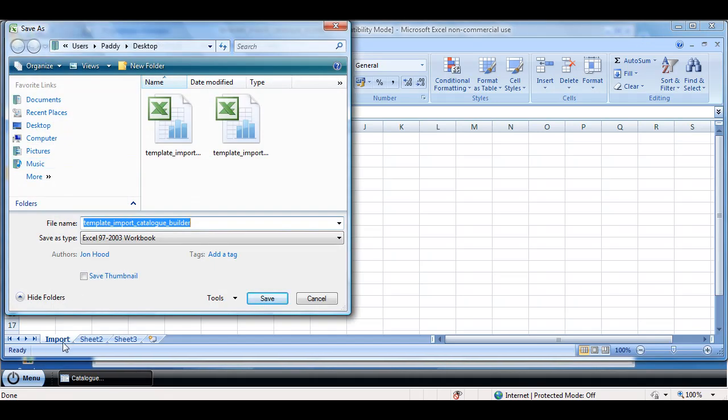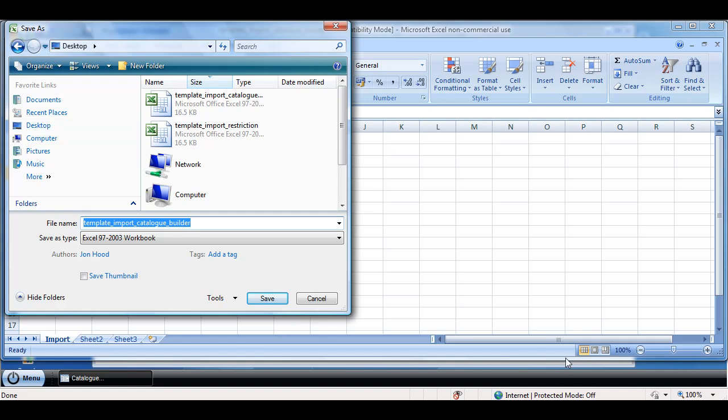Very important to make sure that the tab, the sheet name, is called import. That's one of the biggest reasons people get problems when they upload stuff to the software. You should always use the downloadable templates that we provide wherever possible, because they're formatted properly for the system to accept them. So we'll save this to the desktop again,